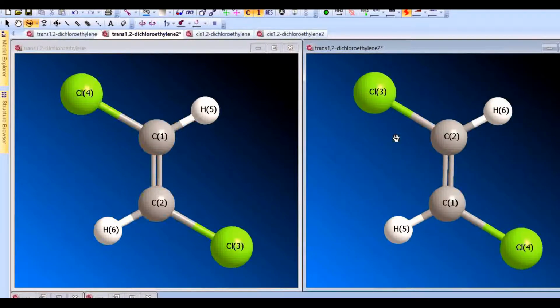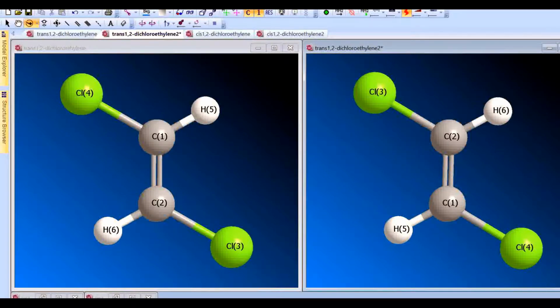Now you will see that even though the chlorine atom labels, that is the numbers, or in general it is very interesting to see that the numbers of all the atoms are different in left hand side and right hand side. All the atoms have changed their positions, but still, if you do not consider the numbers, then the appearances are same. Therefore, you will be able to say that the trans isomer of 1,2-dichloroethylene has a center of symmetry. It is symmetrical to inversion.